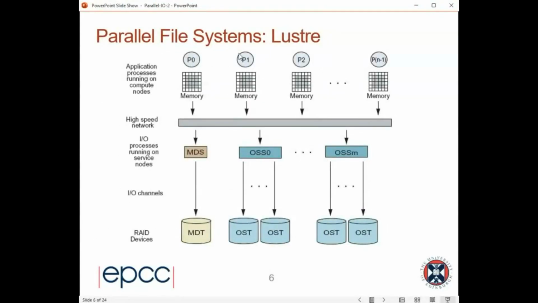So the way that parallel file systems work is that you have your parallel computer here. You have lots of processes running on your compute nodes, each with their own memory. And then you have multiple storage devices. And these are called OSTs, object storage targets. Now, I will call these naively disks. You might argue they're not disks, but to me, they're a disk. They're the minimum addressable thing you have. So your files are actually stored on multiple OSTs, which I think of as disks. Okay? You also have a metadata server, which is actually stored on a single metadata target, but that's not particularly interesting. We have a metadata server which understands the mapping from your